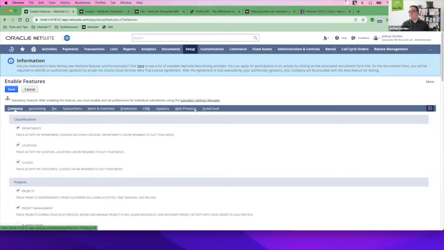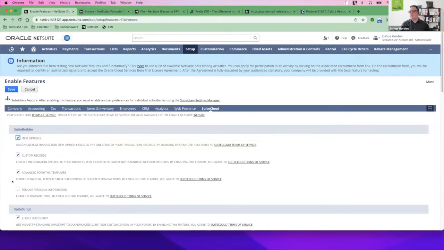So here we go at the end, right at the end, Suite Cloud. You can see advanced PDF HTML templates. If that is ticked, you've already got advanced PDFs set up in the background. You just need to switch to start using them. And again, 95% of you will probably already have that on, even if you're not utilizing it. So you can check that out yourself in your own account if you've got administrator access and permission to see the